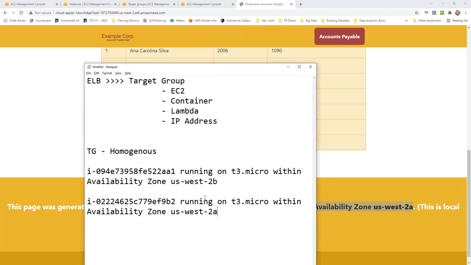So what is happening at the backend in round robin fashion is that my request is being responded to by different instances at the same time. One user will go to A, another to B, and it would keep on doing this in round robin, and that's how my request will be routed to multiple applications at the backend. Any questions so far, anyone? Any doubts, any confusions, anything which is not clear?